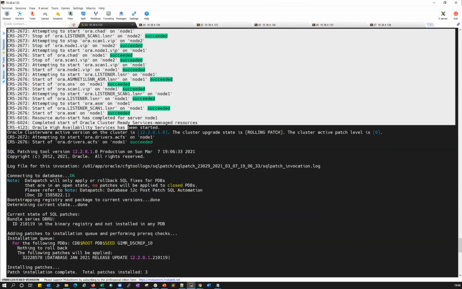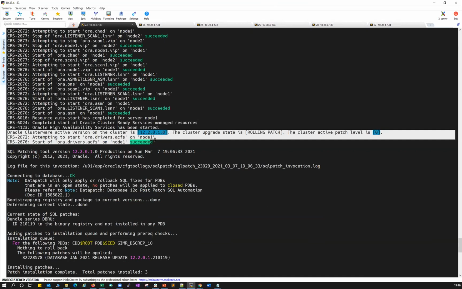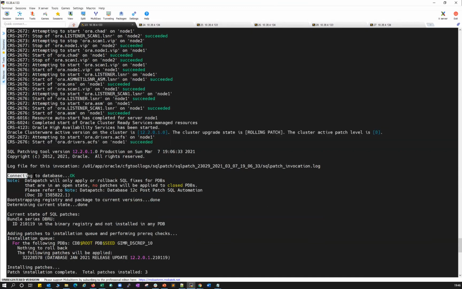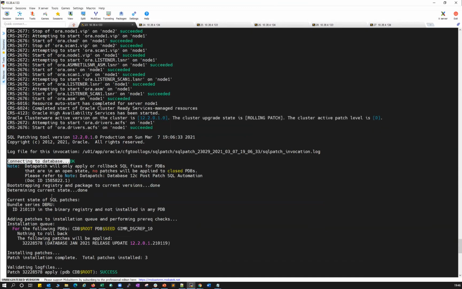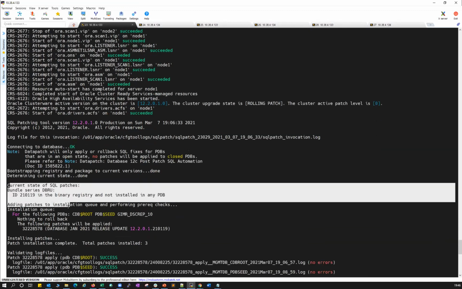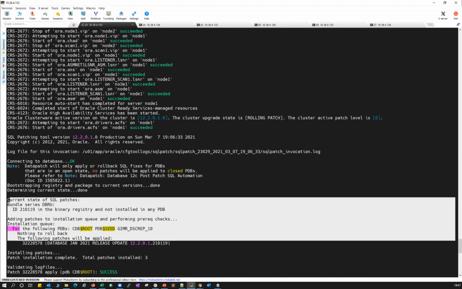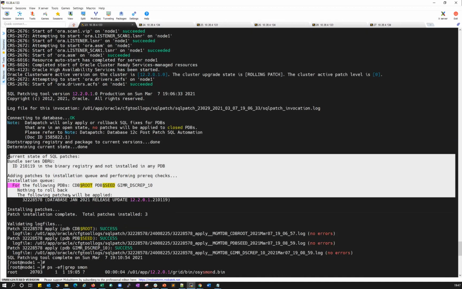And if you closely observe here in 12C, what happens when you do the post patch: it connects to the database, and then it starts the SQL patch, the data patch. Why is it running the data patch, and on which database? If you observe, 12C comes with our management database, the MGMT database, which runs from your grid home, not from the Oracle home.